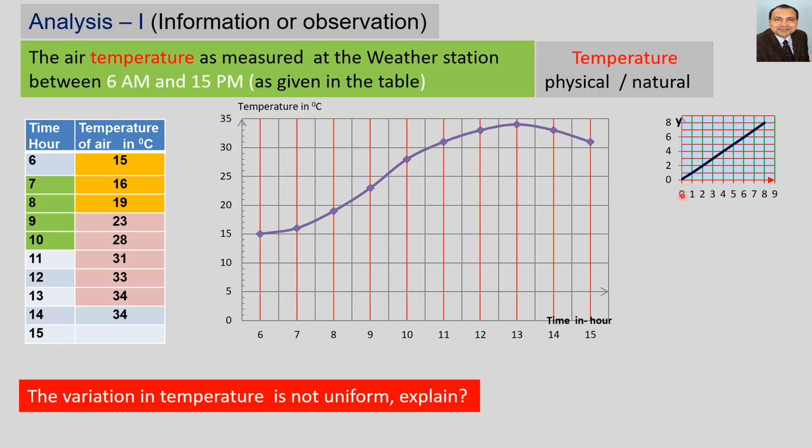Earlier you have seen a straight line. Here is x value 0, 1, 2 till 9 horizontal line, and for 1 is 1, 2 is 2, and 6 is 6. So you have a straight line, a linear function y, it fulfills conditions. Delta y, the difference in y or change in y, is directly proportional to the change in x. M, the average rate of change, is the change in y, the difference in y divided by the difference in x. This must be constant or uniform for a straight line.